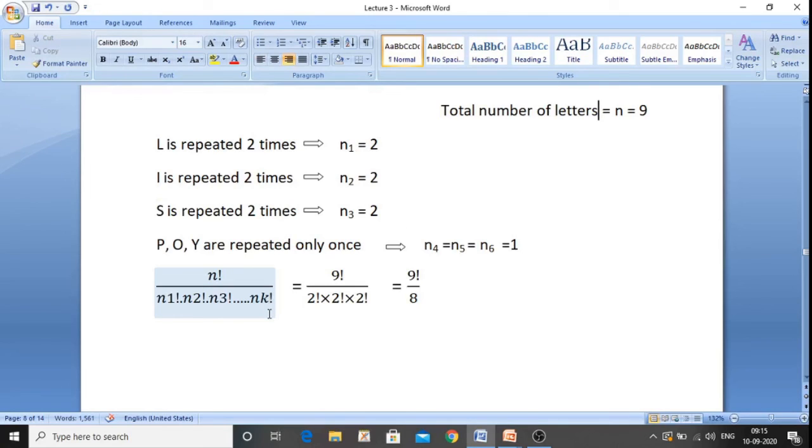So here we have seen the permutation of distinct objects and the permutation of objects which are not distinct. Both types of examples, with repetition and without repetition, we have seen. So we will see the next type, that is with always together and never together, in the next lecture. Till then we will stop here. Thank you.